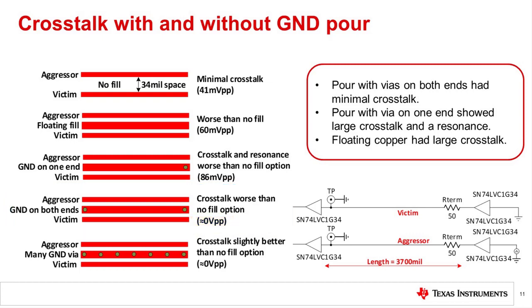The rule of thumb for copper pour is that it should have stitching vias in 10th wavelength intervals, so grounding both ends may not always work well. If you plan on using copper pours, I would be careful to use sufficient vias so you don't end up creating an inadvertent antenna.